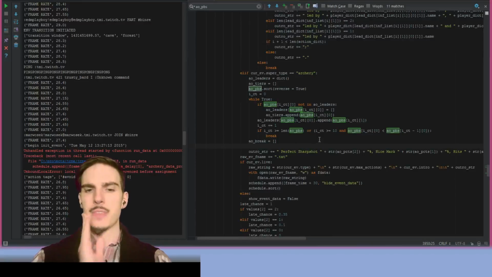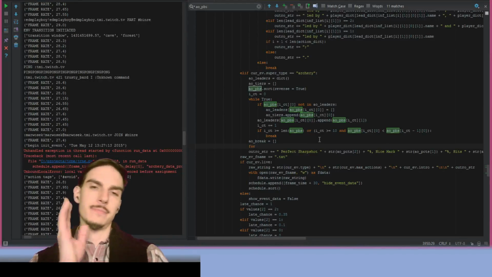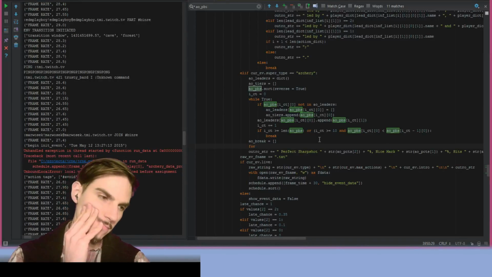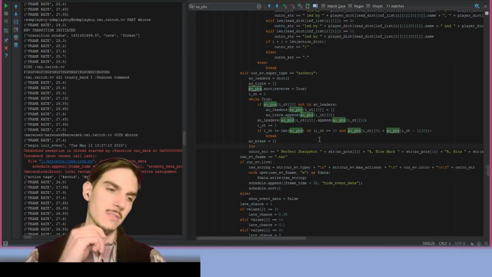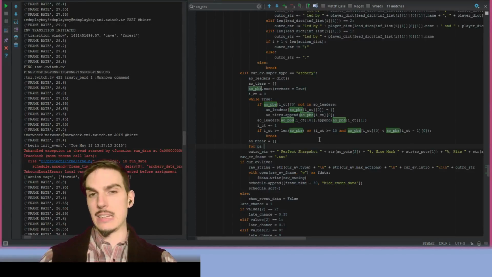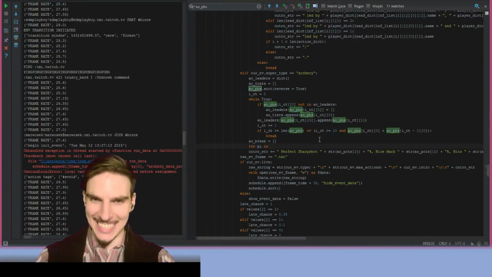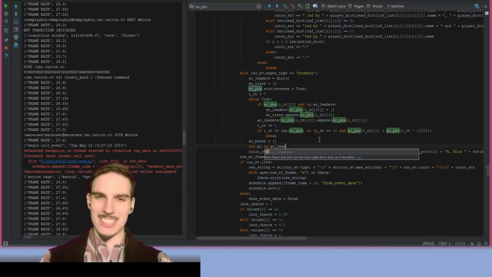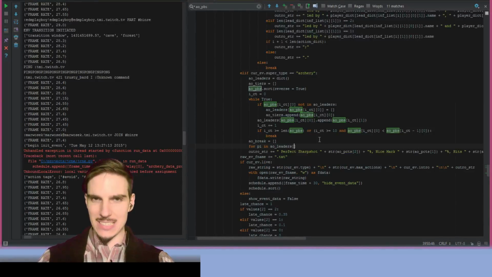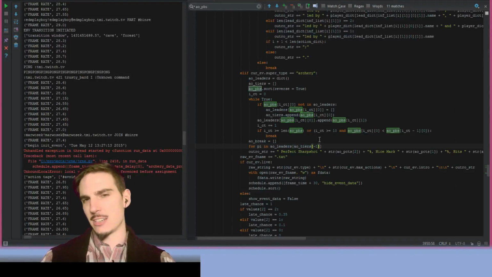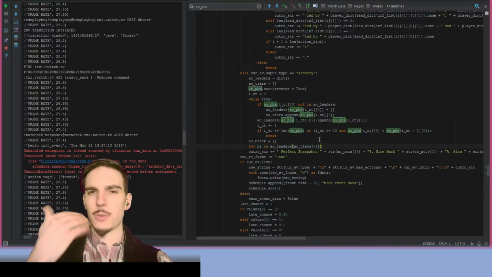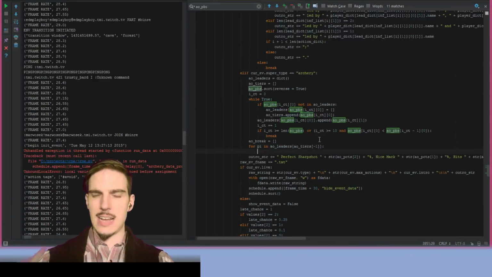We'll say for PI in AO leaders, index AO tiers index -1. So for the final tier, whichever tier we broke on, we're going to say